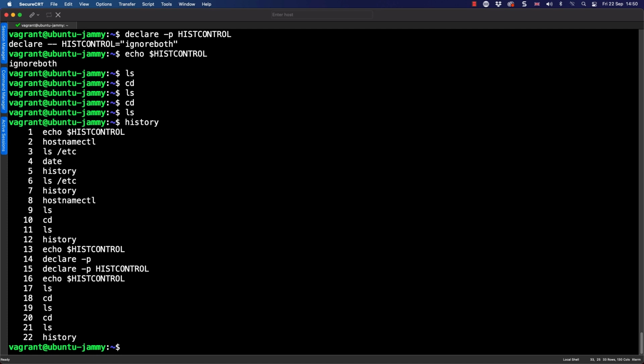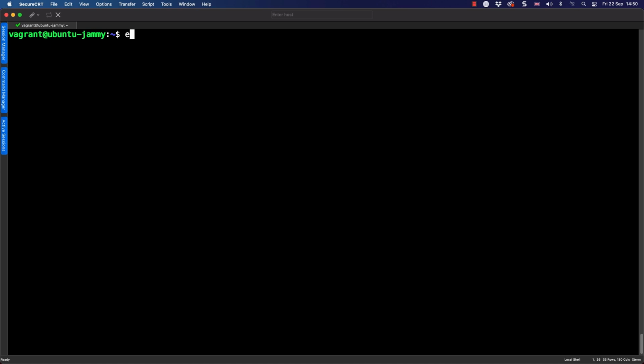If we look at setting this, so I'm going to clear my screen. We can make sure that it's an environment variable, so it's available to all commands in my shell. Export hist control equals, and then we can go through and put erase dupes, colon, ignore space.